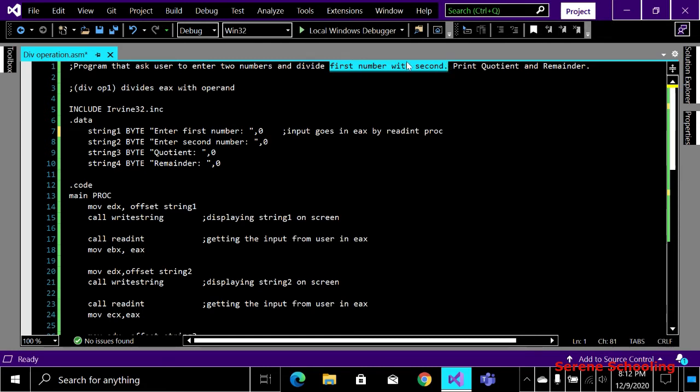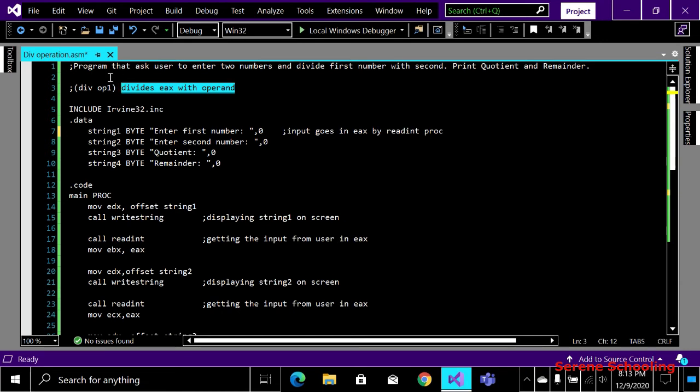You can compare this statement with this. Div divides the EAX with the operand, and here we have to divide the first number with the second number. You can say the first number with the second operand. So by these two statements I came to know that the first number will be moved to the EAX register.